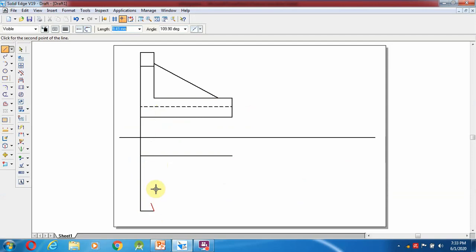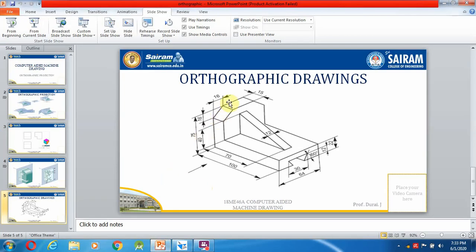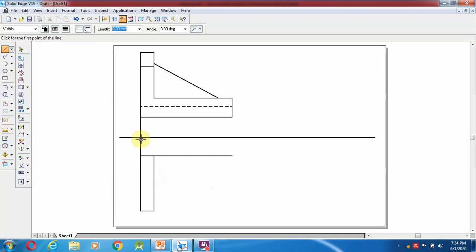So from here to 15 mm, 15 mm length, and I am going to close over here. Also this 16 mm distance, the inclined surfaces. So select a line from here, 16 mm distance, and join over here.